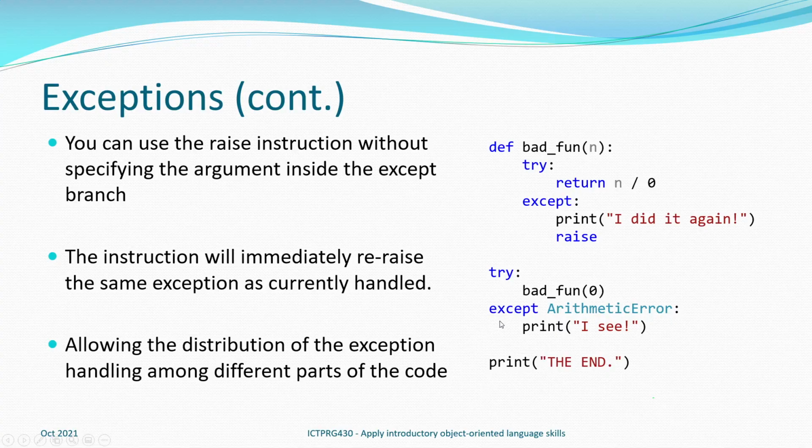So here we're in the main body, we're calling the function. In the function, as n is 0, we're dividing by 0. So it'll print, I did it again, and then raise a division by zero error, which falls under